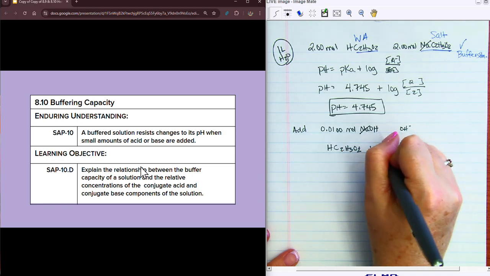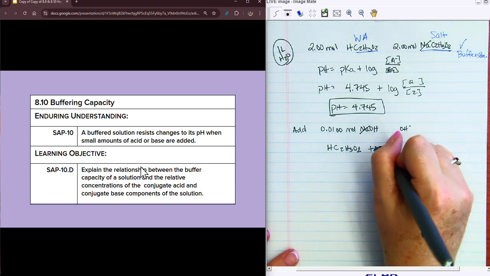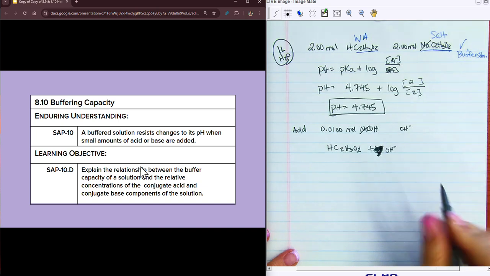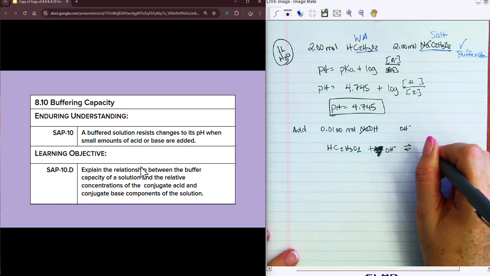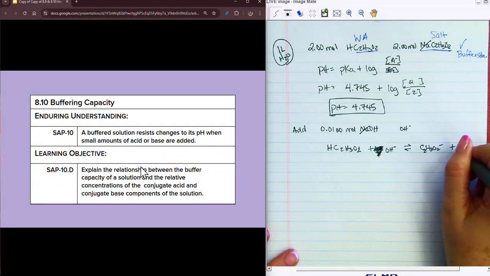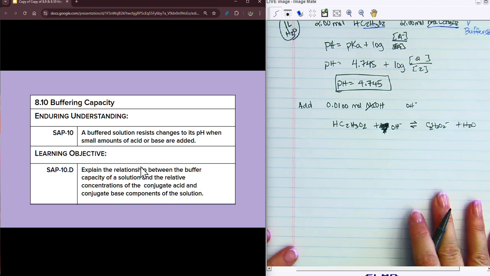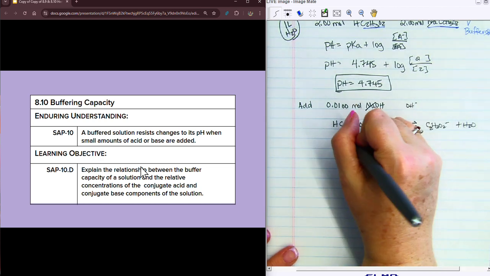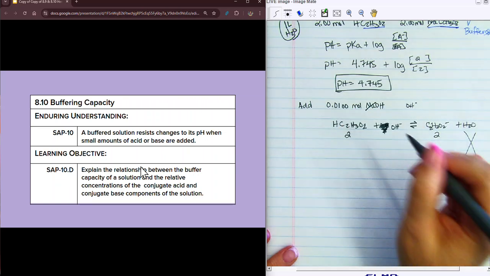I have my acetic acid. Oh my goodness, my acetic acid plus OH- — I had it right the first time. Equilibrium, and then I'm going to have my acetate, C2H3O2-, I will get it together, I promise, plus H2O. And H2Os are liquid. Now, I have 2 molar of this, 2 molar of this, that doesn't matter, and I